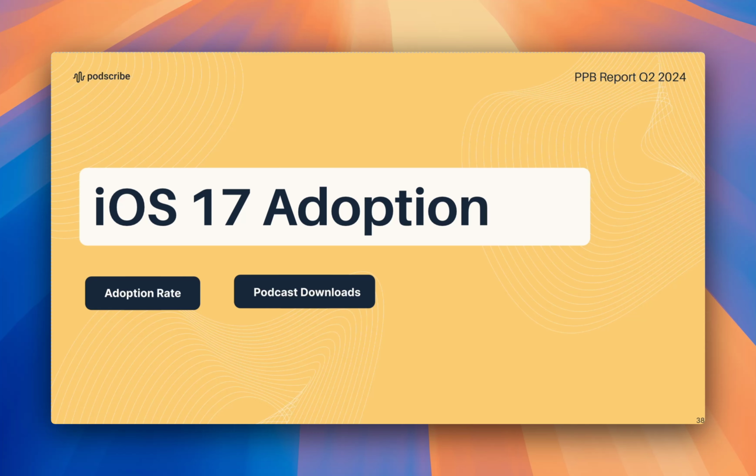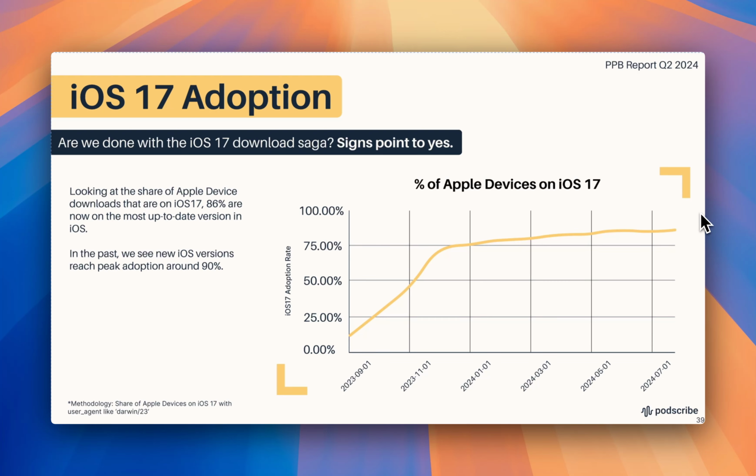We don't think it affected any of the people who were actually listening, but more just downloading back catalog episodes that were most likely never listened to to begin with. So that was a fairly big update. And a lot of people wonder, has everybody updated to iOS 17? Will we continue to see a dip in downloads? So let me pass it to Matt.